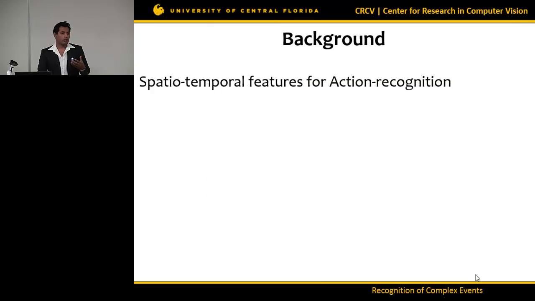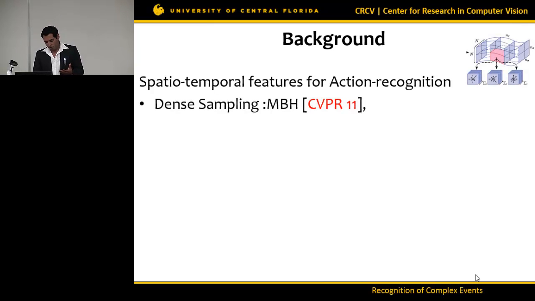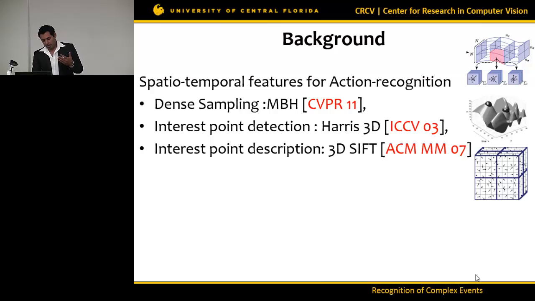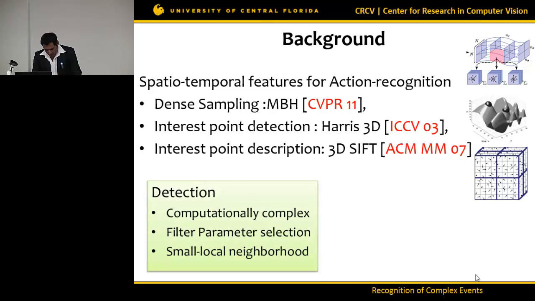I'll give you some background on what happens when we use these low-level features. As you know, there has been a lot of work on videos with low-level features: dense sampling-based MBH features, interest point detectors, and descriptors like SIFT 3D, which have been used before. Now, the problems with these approaches are detection and description. The detection part is they have computationally expensive detectors, which basically find gradient information throughout a video and then see wherever the gradient hits a peak, and that itself is a computationally intensive